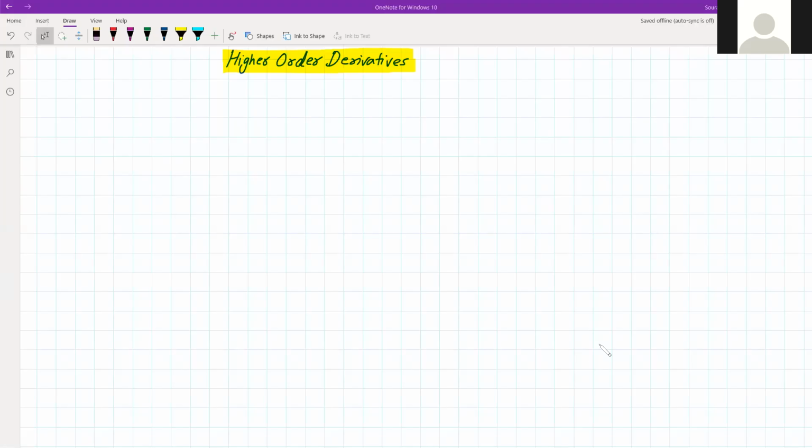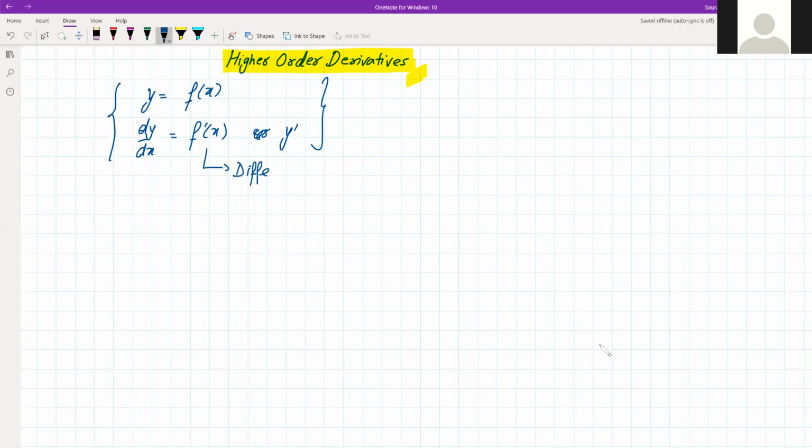So our next topic is higher order derivatives. We have already seen that if you have a function, say y equals f of x, then we differentiate it and get dy by dx, which is represented as f dash x or even y dash. So this we have already seen. Now if this is differentiable, then we can differentiate f dash x as well. So differentiating once again,